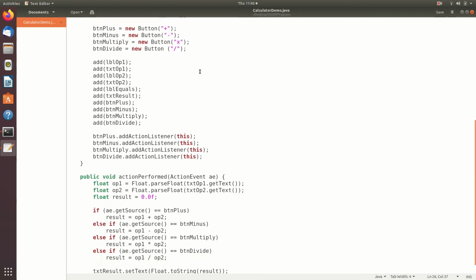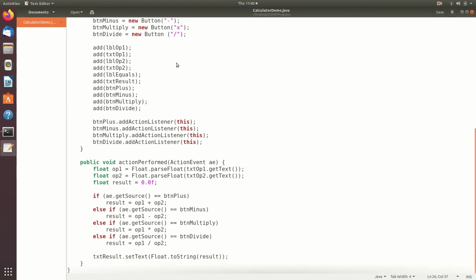Then we have the 4 different buttons. They are created using the button constructors. Then we add these controls to the applet window using the add method.